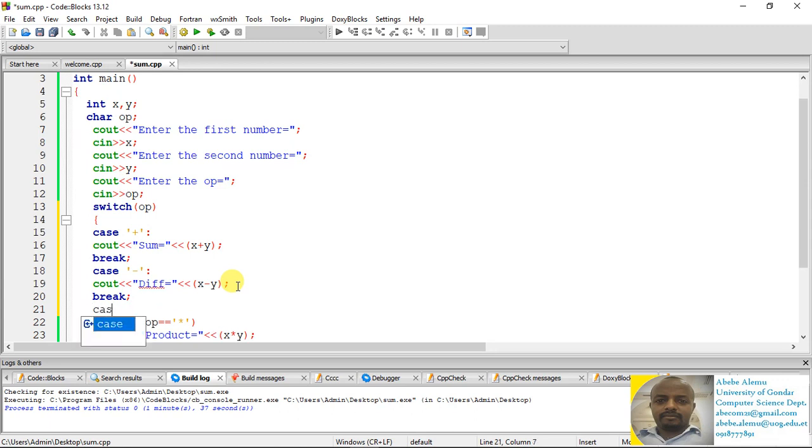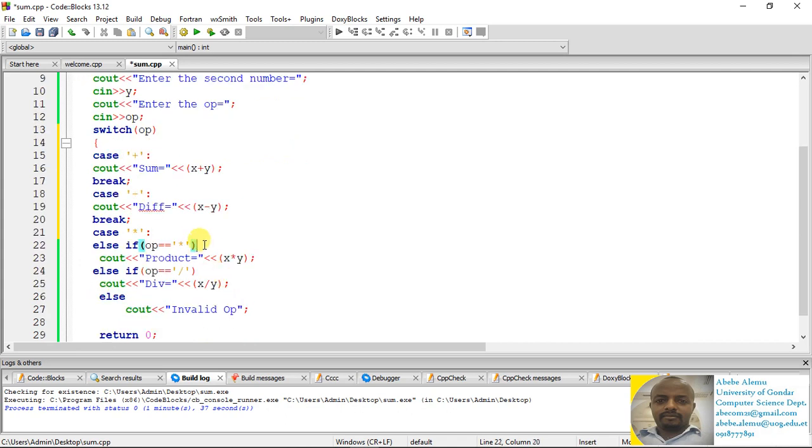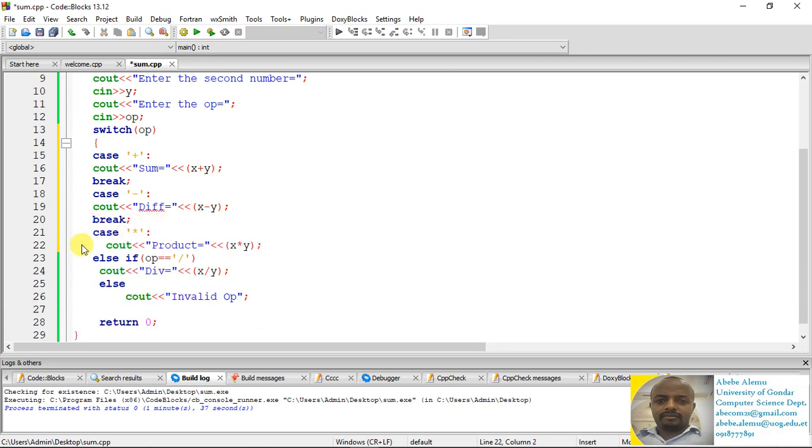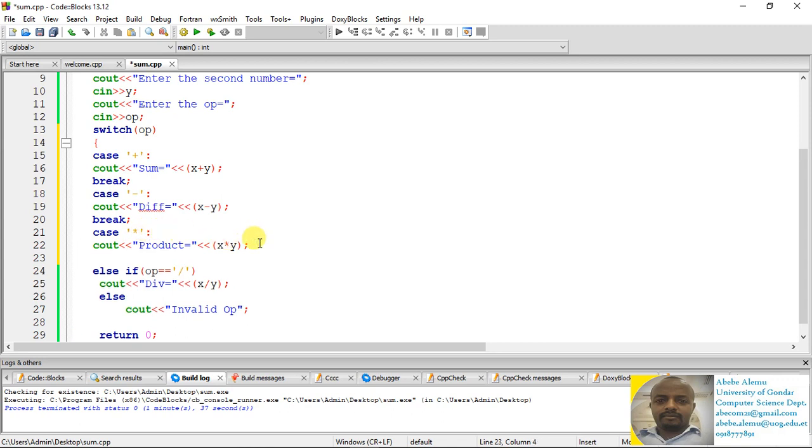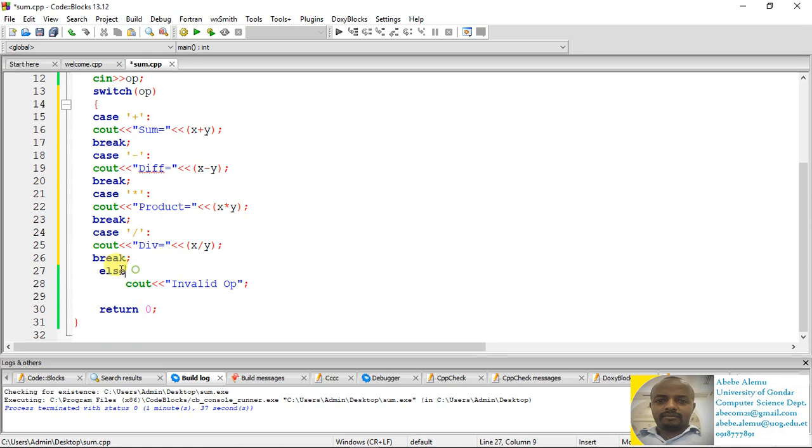Another condition, case, which is multiplication colon, this will be changed with this one, so I don't need the if else statement. So if the condition is multiplication, display the product and then stop the case, and then one more case is the division, so colon, do the division and then stop the execution if the division operator matches. Else means